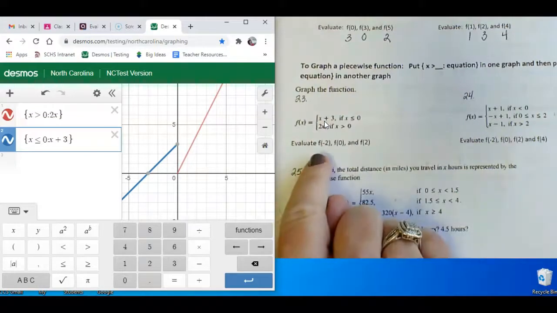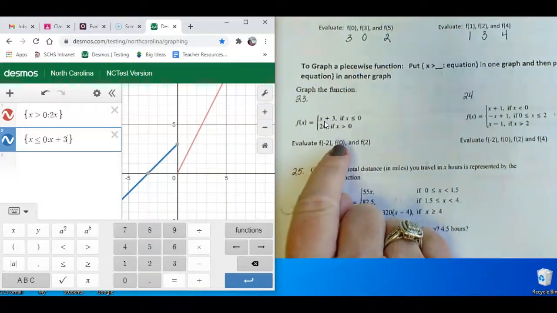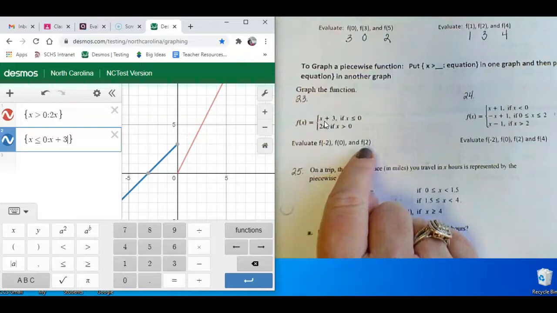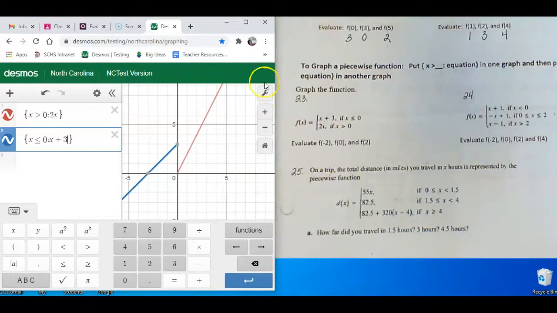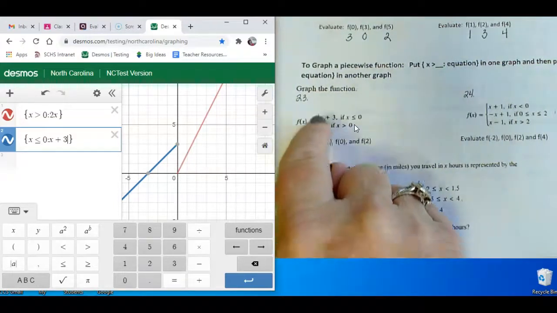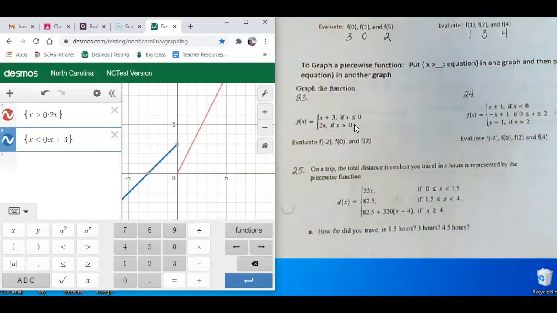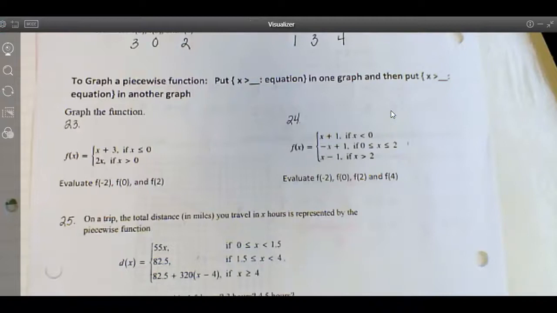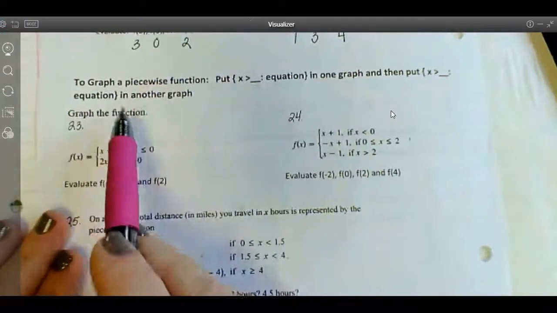The question wants me to evaluate f of negative 2, f of 0, and f of 2. Do I want to use the graph, or do I just want to use the equation? I think the equation, because the graph is too confusing to figure out how to put in Desmos. Obviously, I can't even figure it out myself, even though I know what I'm doing. So I would think that if they give us an equation, let's just use the equation and don't worry about the graph. Okay? So we're going to put Desmos down and, even though it says graph it, we're just going